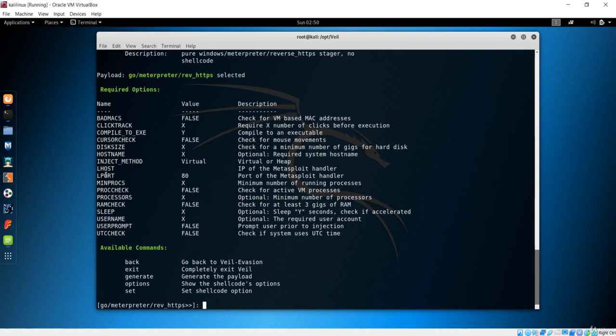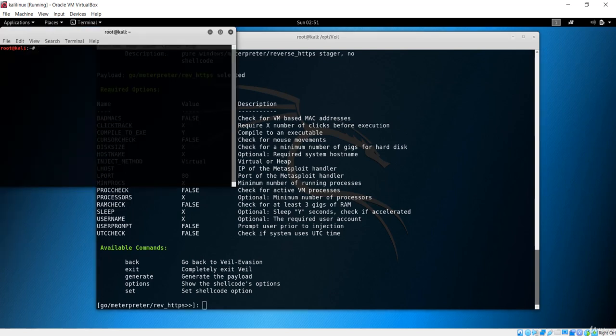So you have to give exact information over here because this is critical information, and if you want the client to communicate to the Kali machine, this information should be correct. Otherwise it is not going to connect to the Kali machine. So first of all, we have to see the IP addresses because that is the LHOST over here.